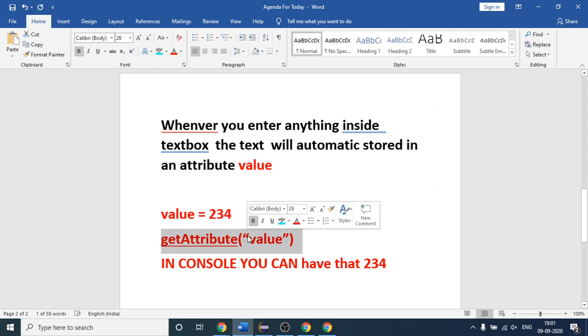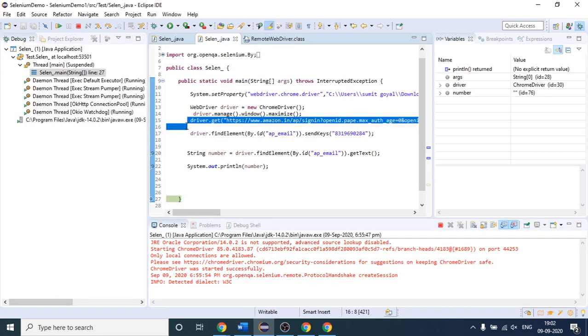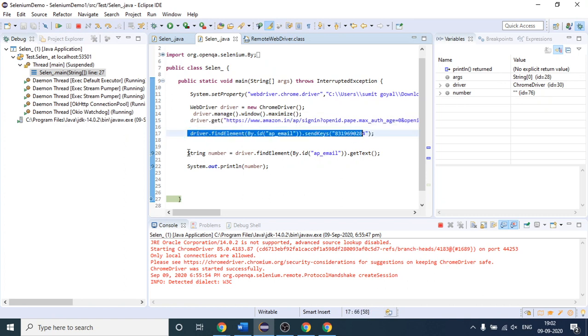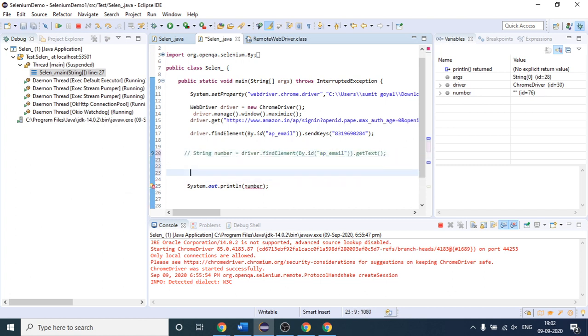Okay, so let me quickly come to my Eclipse editor, then we will do the practical of it as well. With the help of this, you can see the Amazon sign in page will open, and after that I am sending one number. I will comment this out because it is of no use, and in the next line I will write String number equals driver.findElement(By.id(...)).